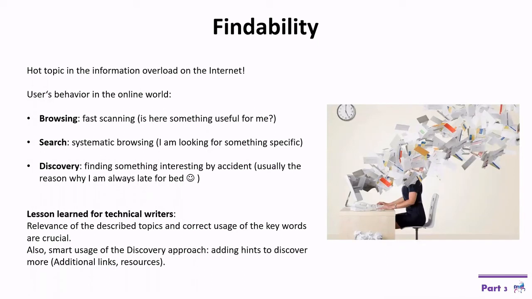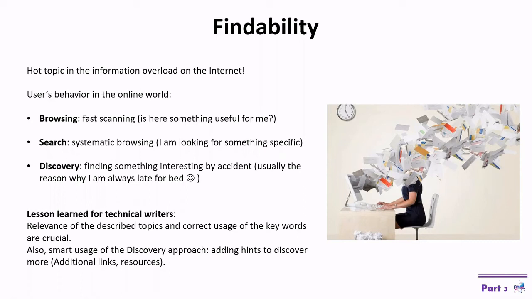And you should also know that user behavior in terms of searching can be divided into 3 groups. First is browsing. It's usually fast scanning. That's the 8-second rule. You just go there, scan it, and the motivation is: is there something useful for me? If not, you are leaving. The second approach is to search. You're really looking for something, so you spend more time on systematic browsing. And the third approach is random discovery, where you find something interesting just by accident,